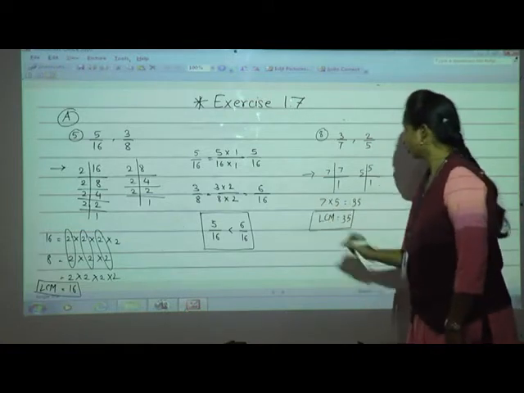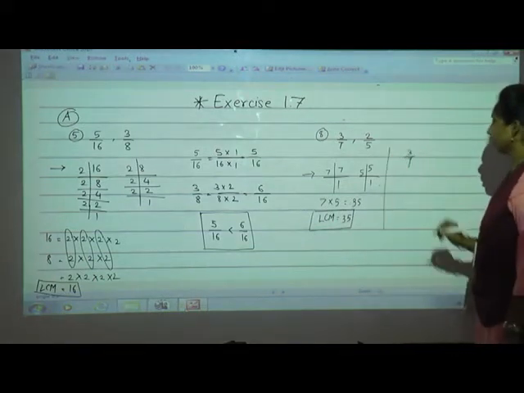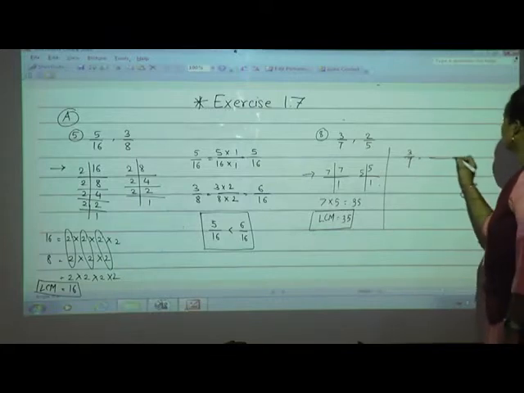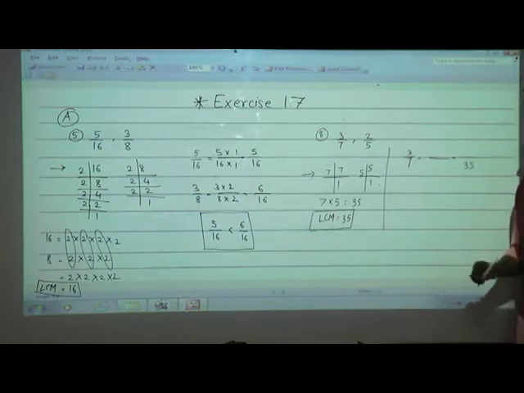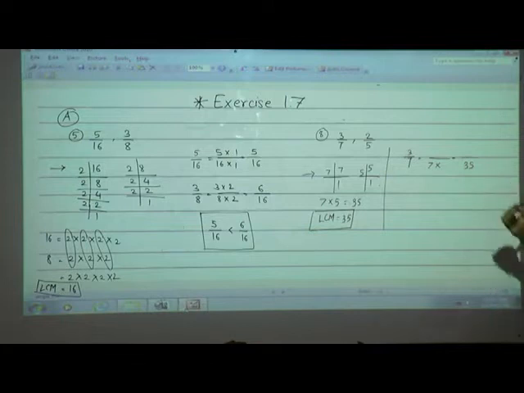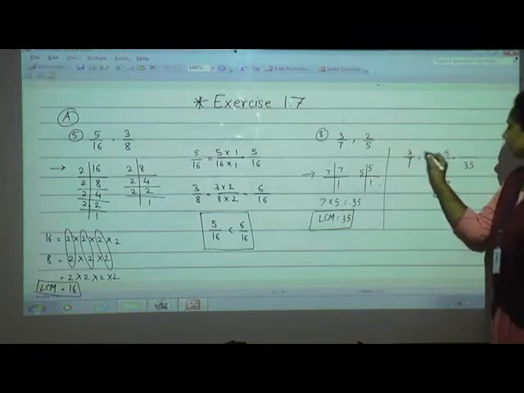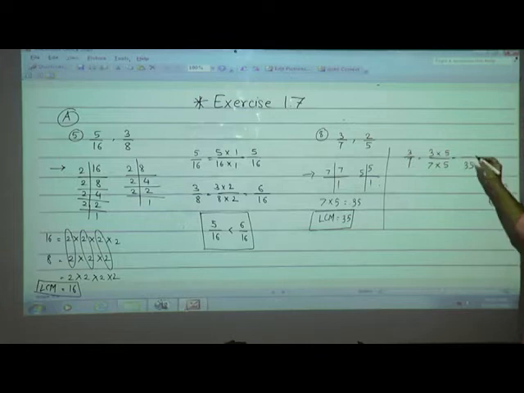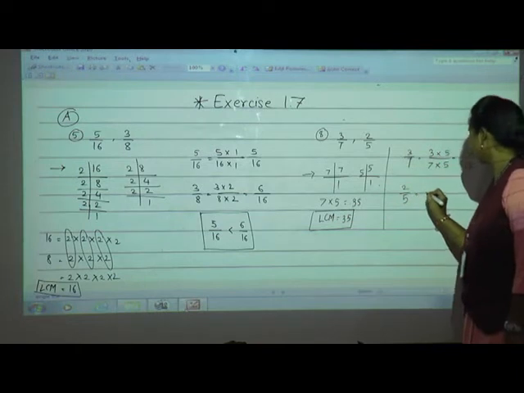Isn't it? Now we will compare the numbers. 3 upon 7. Okay. So in the place of denominator what should come? LCM, that is 35. Now write 7 as it is. Now 7 multiplied by what do we get 35? Yes, 7 5s are 35. Isn't it? So write 5 as it is. Now multiplied by 3. 3 5s are 15.